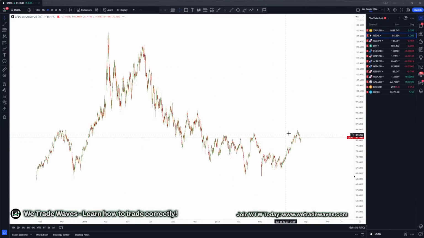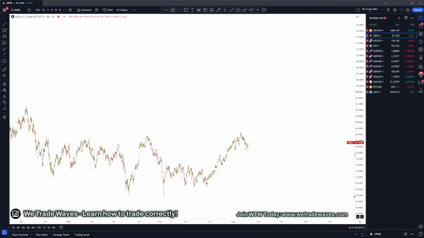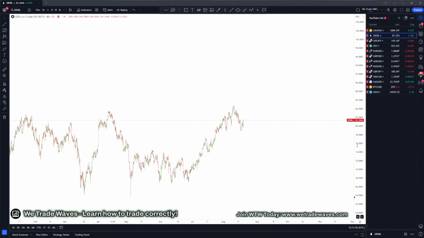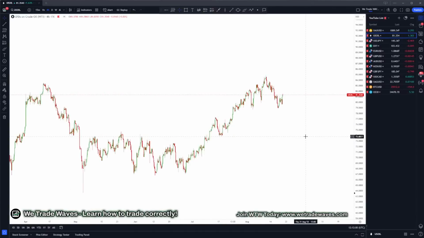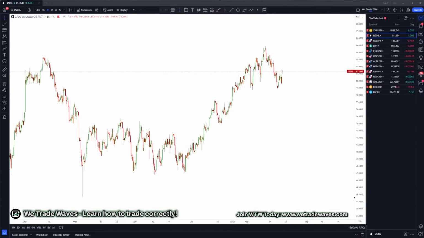USOIL. For this one, market went to the upside, and we were saying, guys, we are expecting market to fall, especially above this top. If I zoom in here, just to show you the structure, especially above this top. Remember that? So this was the top, market went up, we've got this drop, corrective structure drop, corrective structure drop. I really hope a lot of you traded this one to the downside and made money trading this down wave,